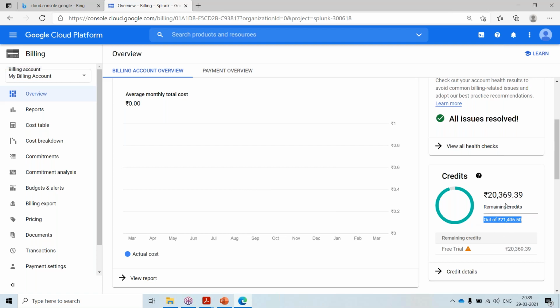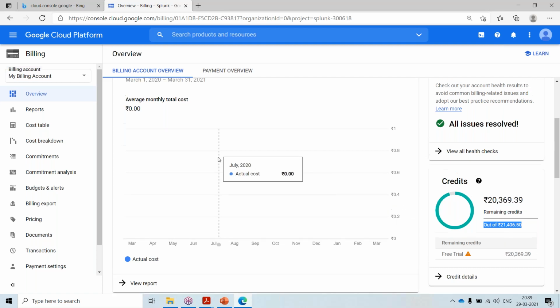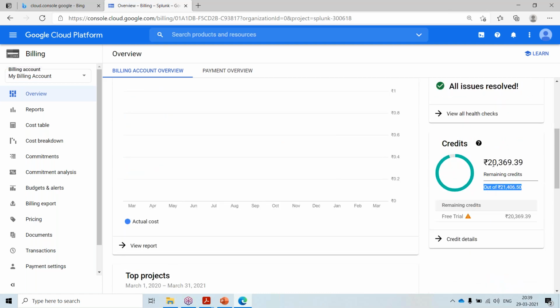For me, only 1K got deducted. Here I can spin any instance, I can use any service. I can create an 8 GB machine also based on my need. The only thing is the amount will be deducted from the money provided by Google.